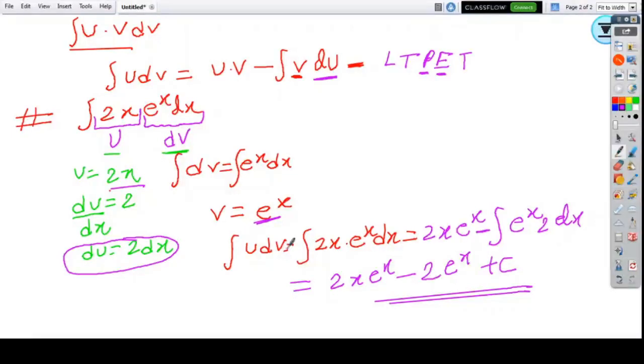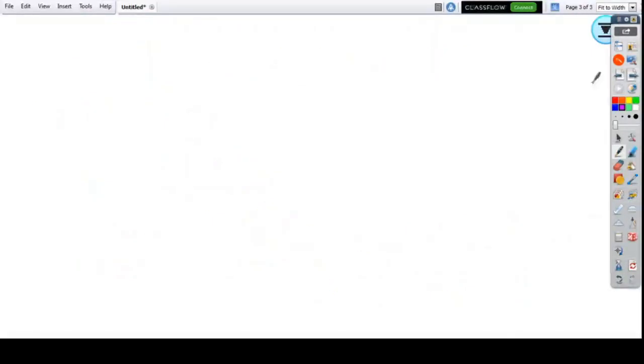The very beneficial part of this whole formula is what? We are not going to consider the second function. So there is no confusion about the second function. You need to choose the first function, and the second function along with the rest of the term will be considered as dv. Like suppose I wanted to integrate log x. How can I do log x dx?